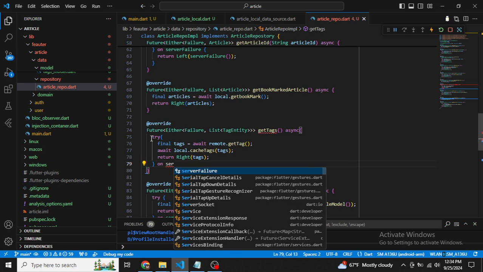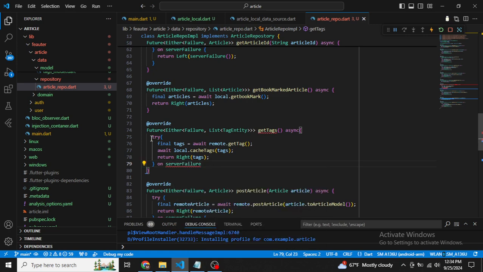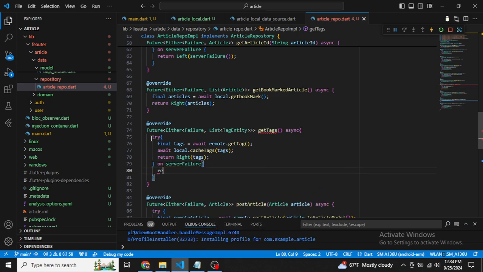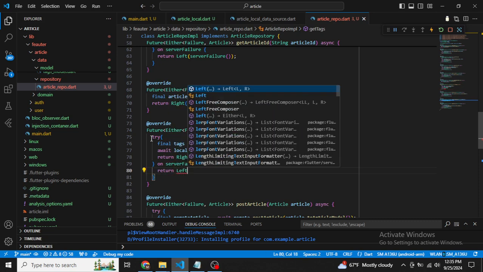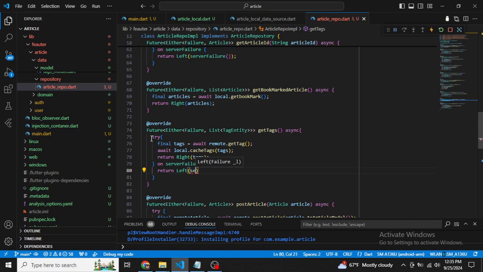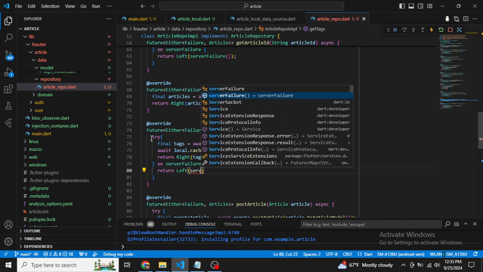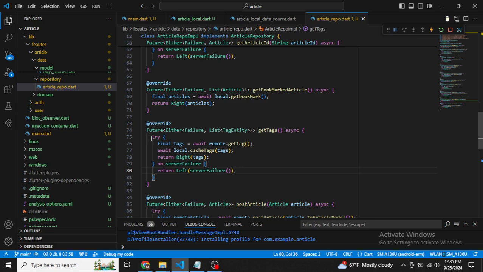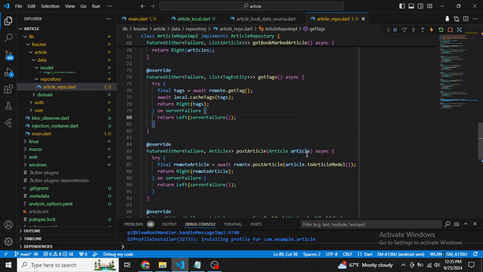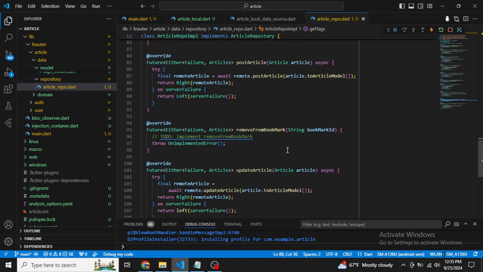Otherwise, there is server failure. If you got server failure, what we are going to return, we are going to return Left for this one. Inside Left, we are going to pass server failure function. Then we're going to add semicolon. I think everything is implemented